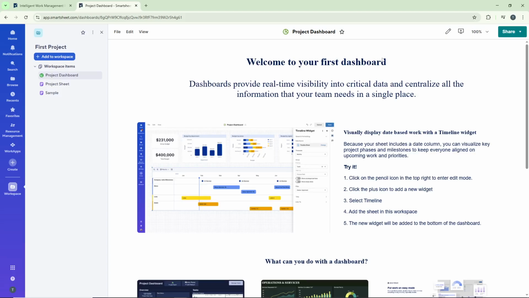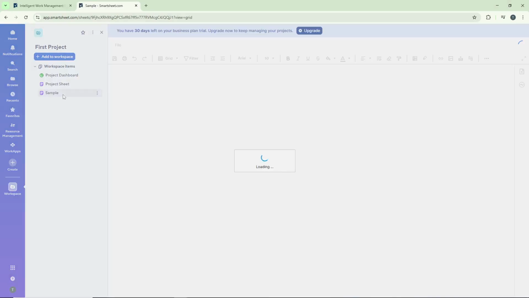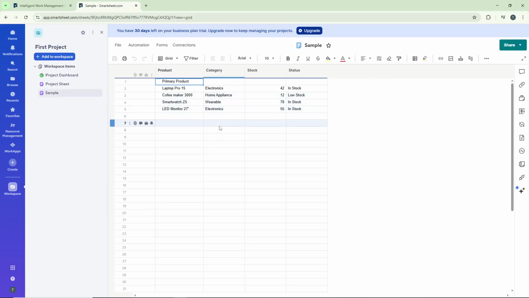From your dashboard, select the existing form or sheet you want to work with. Click on it to open it up. If you're working on a project tracker, task list, or any structured data, this hierarchy feature will help you organize